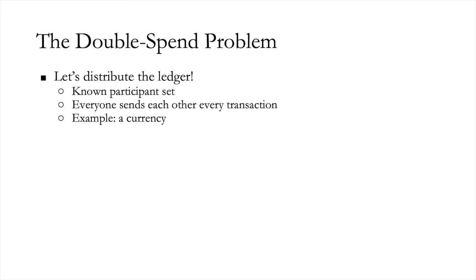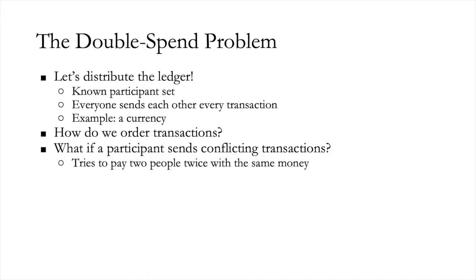So I send a transaction to Bob. I'm Alice. I send a transaction to Bob, 5 units of currency, and I send the data this transaction has, maybe including some kind of authentication, a signature, to everyone else in the network. But what if they don't see it at the same time? What if someone else, or maybe me, being malicious, sends 2 conflicting transactions? I spend the same money twice, or I attempt to do so. I sign one transaction that sends my 5 units of currency to Bob, and another transaction that sends them to David. And I broadcast these transactions to different parts of the network.